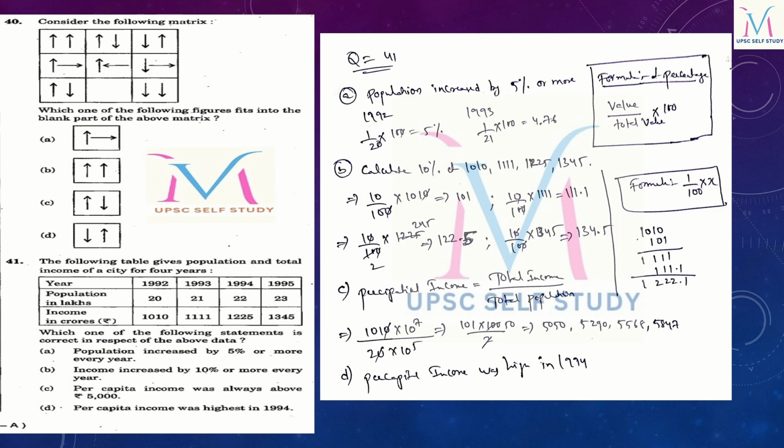Now come back to the third statement, that is C: the per capita income was always above 5,000. This also you will find. So what is the per capita income formula? Total income by total population. So we have to separately find out the total income of every year, for 1992, 93, 94, 95. Here the formula is total income by total population. What is the total income of